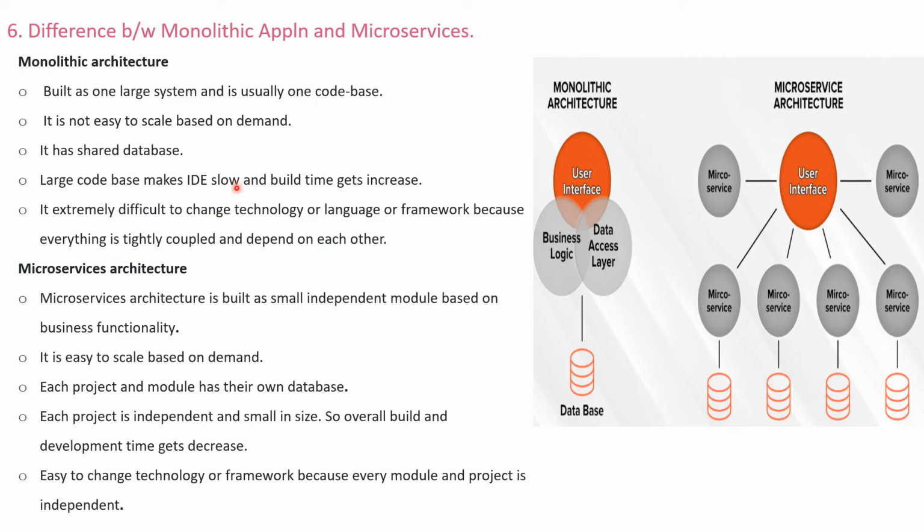As I said, it is only one system and one code base, right? Whichever technology is coming in the market, or if you want to integrate any language changes, or use any other framework which the client needs, we cannot do all these things in